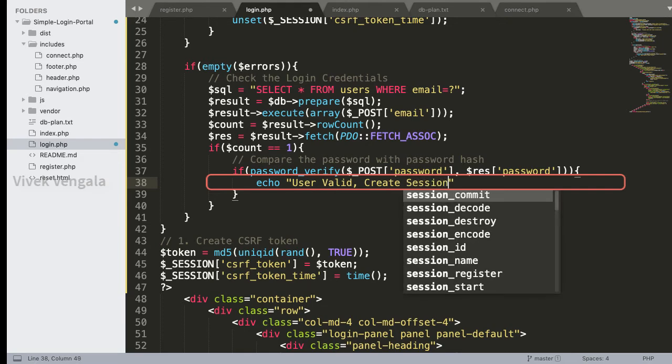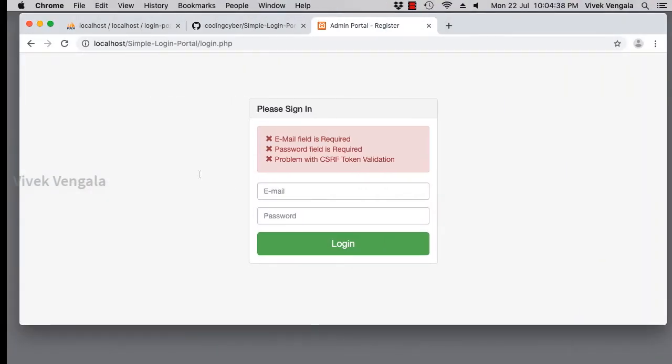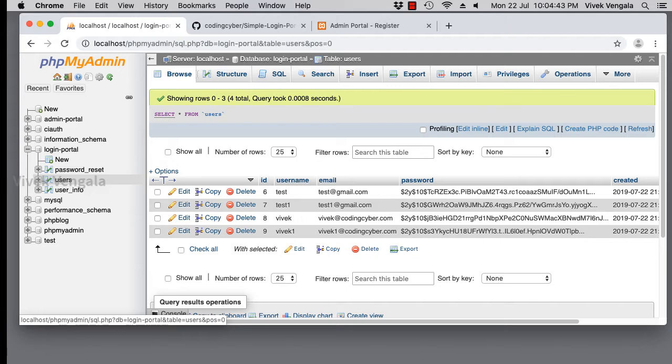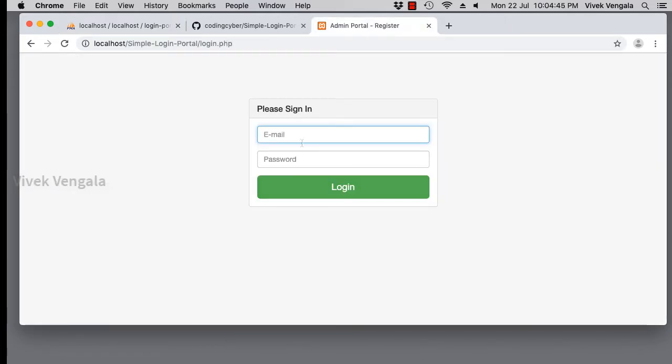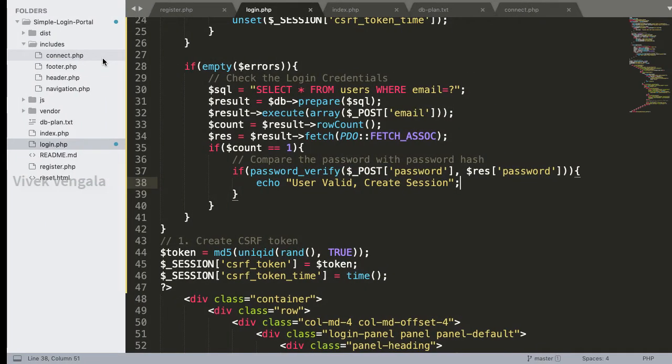Create session. I'm reloading this page, and the username is the test email. User valid and create session. Here I'm only checking email ID, so I should submit the email ID, not the username. I'm going to add a username functionality later, and I'm going to remove this message, and I'll create the session